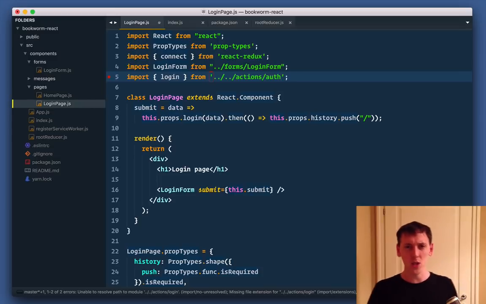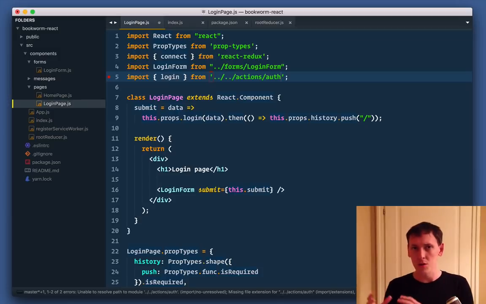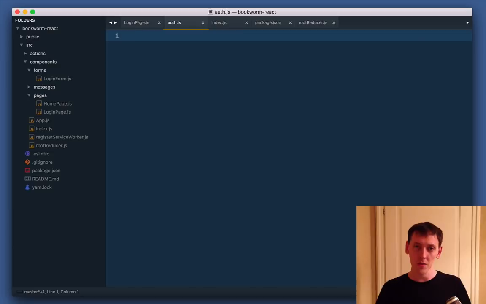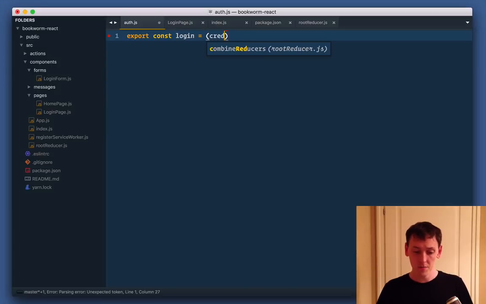So we're gonna store all our actions in one folder, all our reducers in another folder. So let's create actions auth.js file, and here we define our thunk action. So thunk action is just a function that returns another function. So we'll define, let's export constant login, and it equals a function that takes credentials,